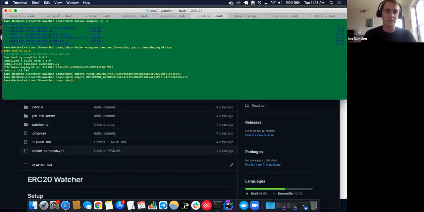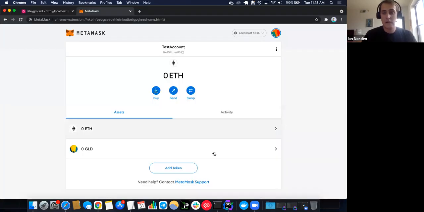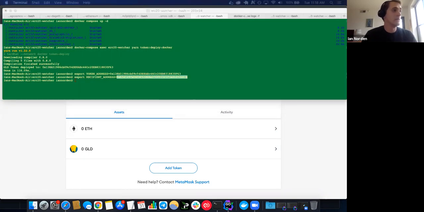And so I've already built this image and deployed a test contract here. Just some random token, gold. So after deploying the contract, we get the address, and I'm just exporting that contract address and exporting my test MetaMask address here. And you can see I've already added this token to MetaMask, and currently there's no balance present. But what we can do real quick,